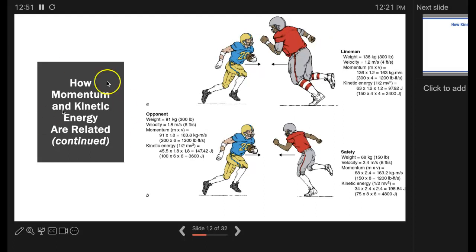So here's a little how momentum and kinetic energy are related. So if you take a 300-pound lineman running at 1.2 meters per second, they're going to have a kinetic energy of, first you convert it to kilograms, and you go pounds, kinetic energy. There's that formula I had just a little bit ago. And we get all that together, and we come up with 2,400 joules of energy is what the 300-pound lineman has. If you have a 200-pound running back with the ball, he's going to have, we'll say he's moving at 6 feet per second. He's going to have